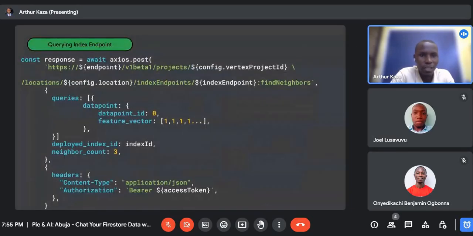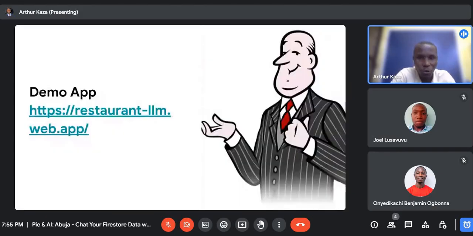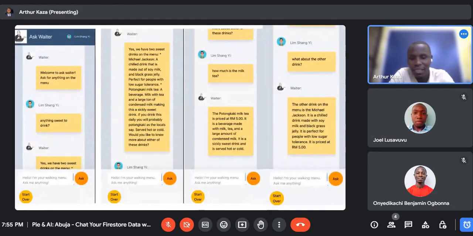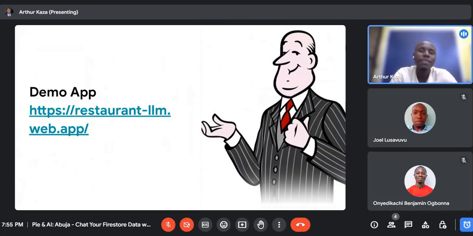Let's keep going. Here is also code. I don't have time to explain it here. This demo is an improved version of the last one. The first one didn't have the concept of